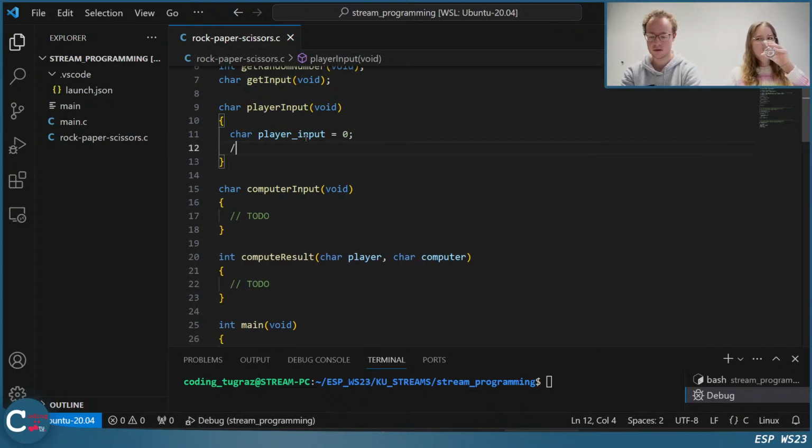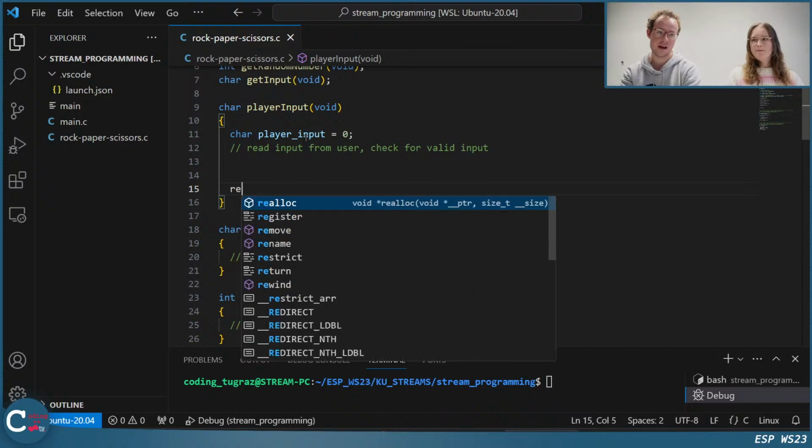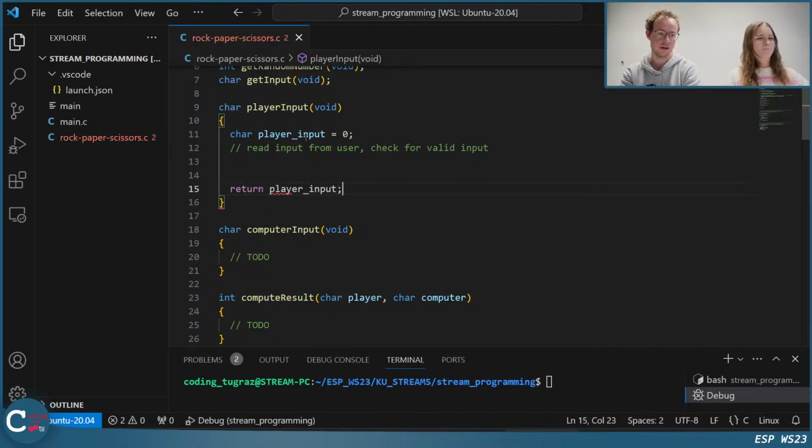Then I want to really read input from the user. Yeah, so I really have to do this action. And I also want to check for valid input. And if the input is not valid, then I just want to repeat this as long as there is no valid input from the user. And after I've done this, I eventually want to return the input when it becomes valid.